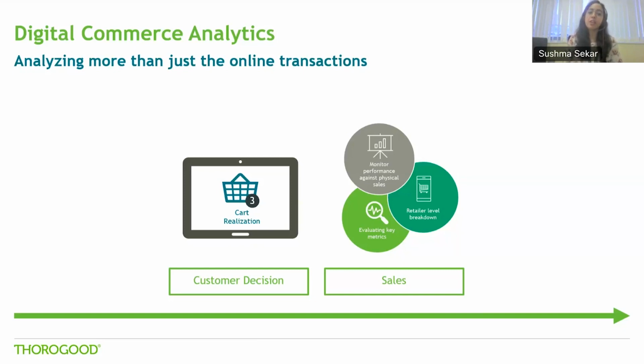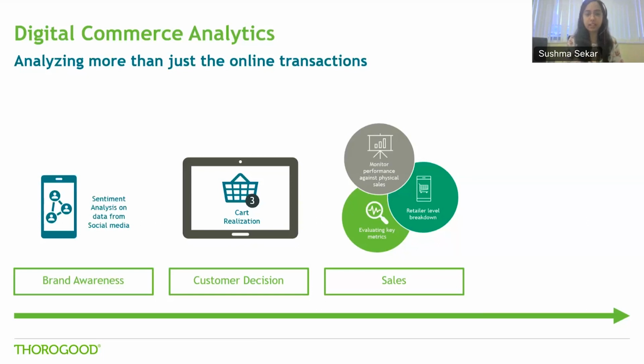We've discussed that from customer acquisition to retention, everything is included in your digital commerce initiative. An interesting aspect of this journey is brand awareness, and running sentiment analysis on your brand data will help you understand it a lot better. Sentiment analysis is a process where we use natural language processing to identify the emotion behind a body of text. In the third part of our demo, we will also quickly look at how we can use social media data to understand user perception better and look at what's working well and what can be improved.